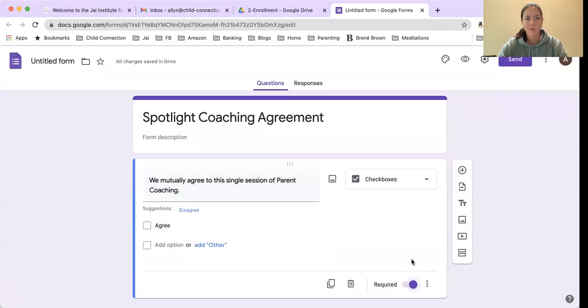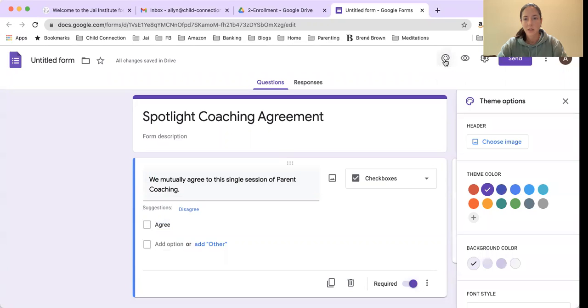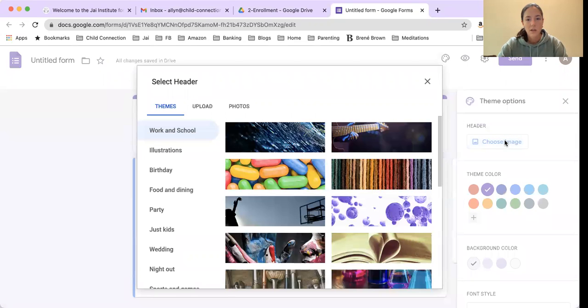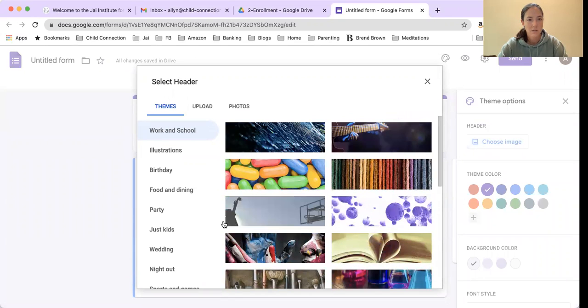That's the basic stuff. And I want to see how to change it to make it a little pretty. You can customize the theme. So you can choose your color. Purple works for me. There are templates. So earlier when I did choose new, if you hit that little arrow off to the side, you can choose from a template. Here, I'm just going to choose my header image, and you can choose some of these pretty things. I like to use my logo,